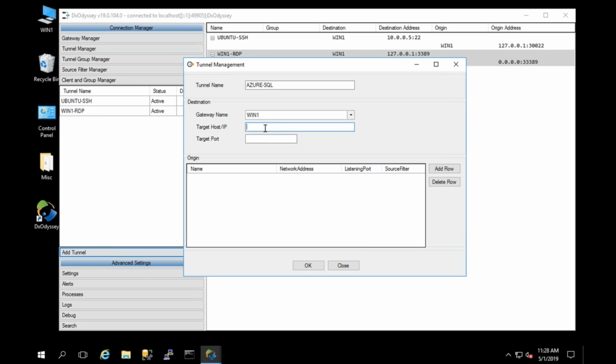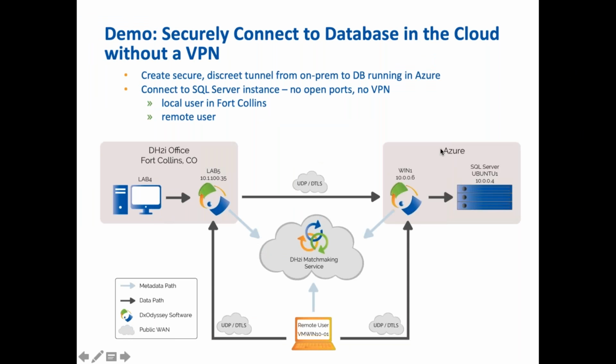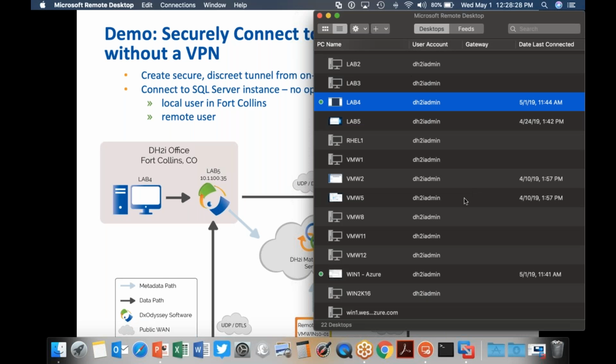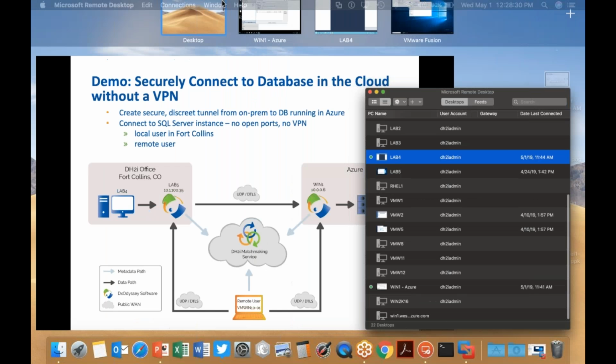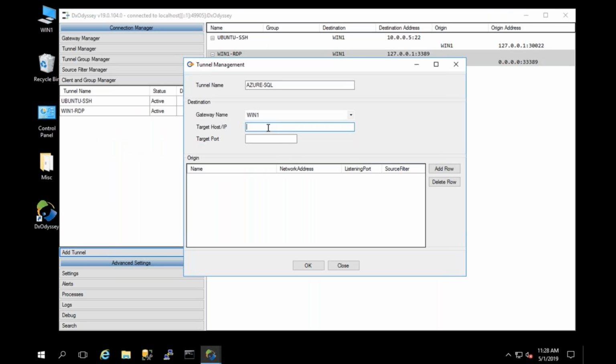And then the target, either hostname or IP address, for where this tunnel is going to essentially end. And so in our case, we want it to go to our Ubuntu One machine, which is our SQL Server, which has the private IP 10.0.0.4. Okay, so if we go back to our environment here,